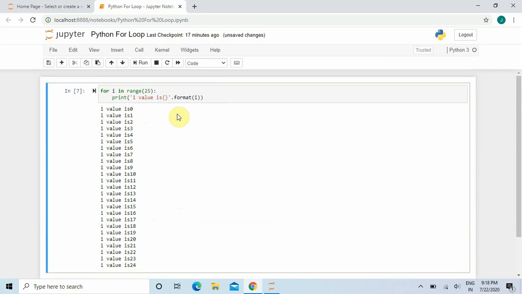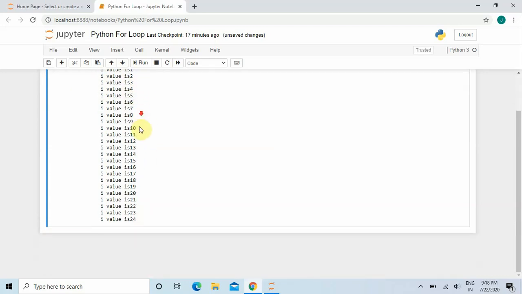Remember one thing, that when you are mentioning the for loop like this, that is for i in range 25, then it will take the default starting value as 0. So here, since I have not mentioned any starting value, it has taken the default starting value as 0, and from 0 it is displaying 25 numbers, for which it is displaying up to 24.